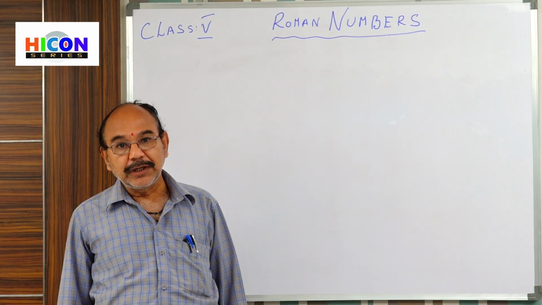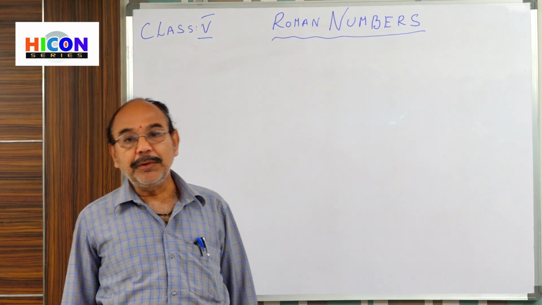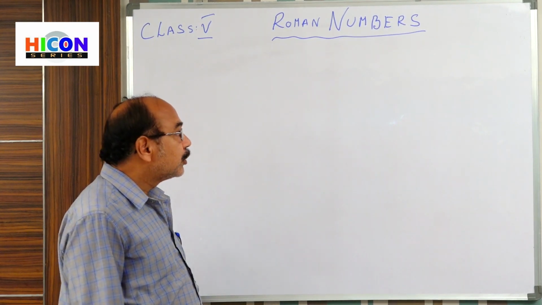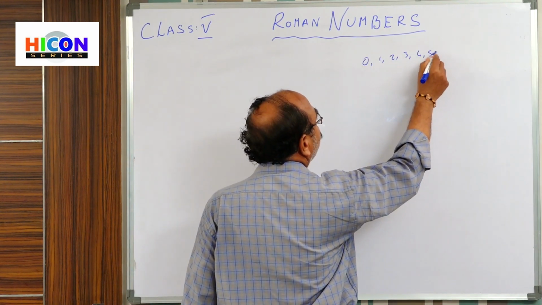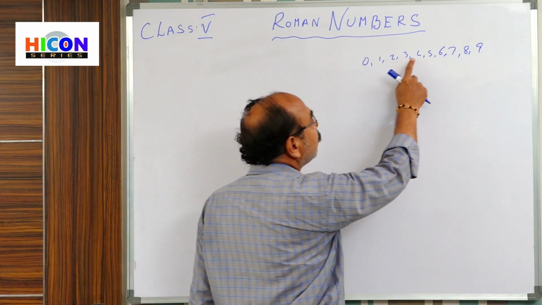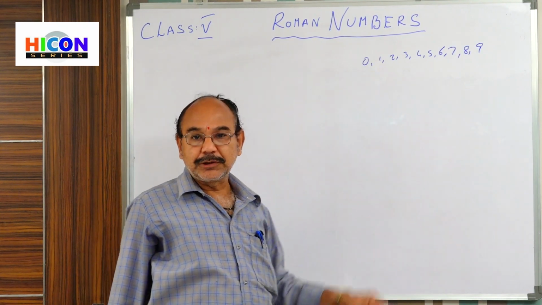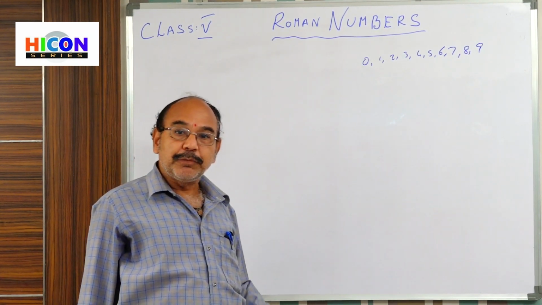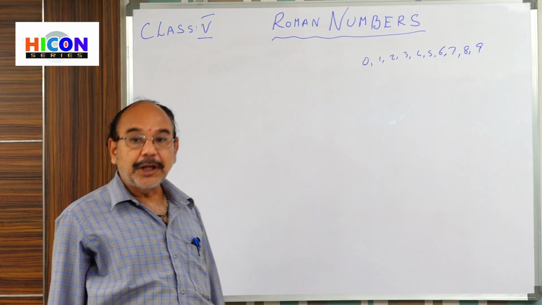Just once we refer to that. What are the numerals we use in writing the numbers? 0, 1, 2, 3, 4, 5, 6, 7, 8, 9. How many? Count. 1, 2, 3, 4, 5, 6, 7, 8, 9, 10. 10 numbers are there. Using these 10 numerals, we can write any big number or a small number. Any big number we can write using these 10 numerals.